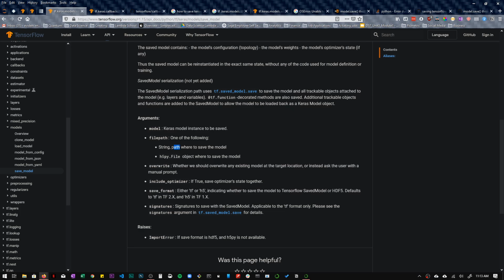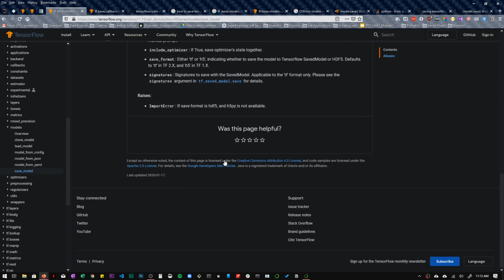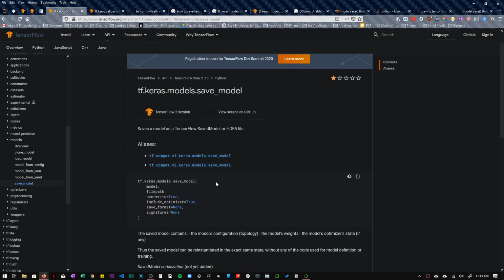It's an h5py object where to save the model. So basically this is supposed to be an h5py.File object. This is not very helpful because it doesn't give us an example code of how to do this.